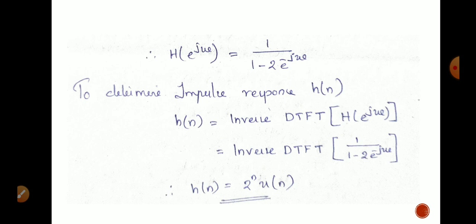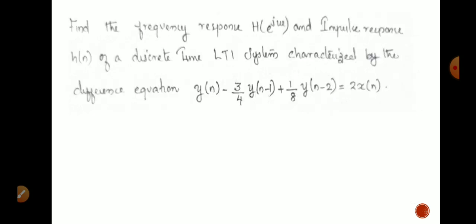We all know 1 by 1 minus 2 e raised to minus j omega is the discrete time Fourier transform of 2 raised to n u of n. So h of n equal to 2 raised to n u of n is the impulse response of the given LTI system. So the next question is, find the frequency response H of e raised to j omega